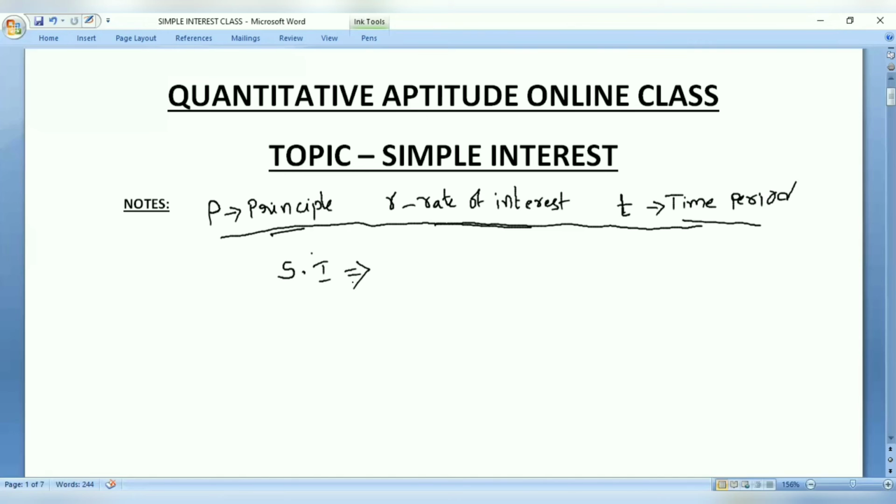Simple interest means the principal will never change throughout the time period. Only the rate of interest is applicable on the principal. This is the fundamental concept, right? On the principal, the rate of interest is applicable. If the principal is not being added to regularly, you get the same kind of interest, unless there is a change in the rate of interest. But there is a slight difference when it comes to compound interest.